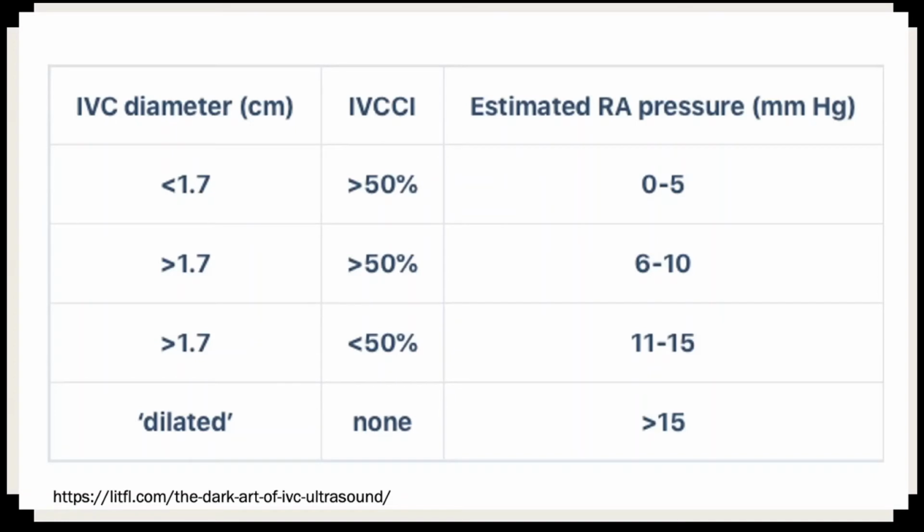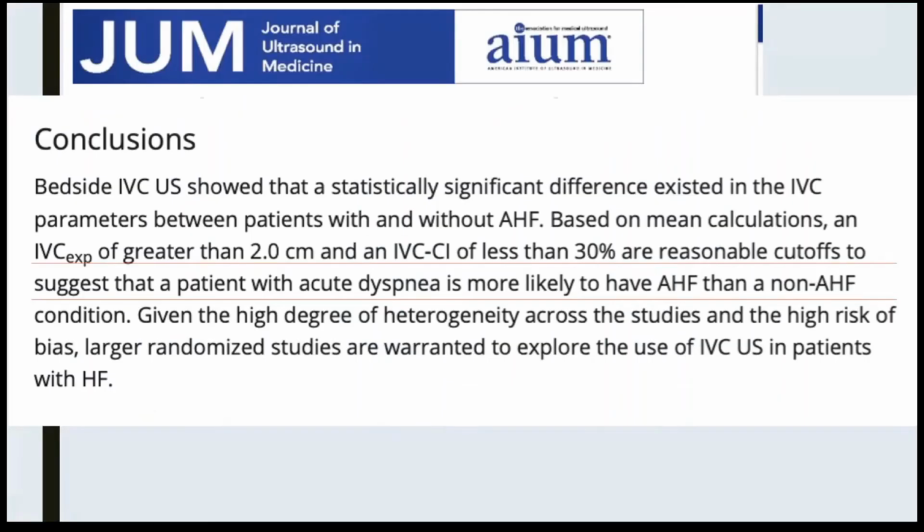This is the table I was speaking about earlier. If the IVC is smaller than 1.7, then that's your right atrial pressure in terms of your CVP. But CVP has been off for so long that that's not even a case anymore. So is it a good marker of fluid status? The answer is no. And because of that, in the journal Ultrasound Medicine, which shouldn't have been one anyway,